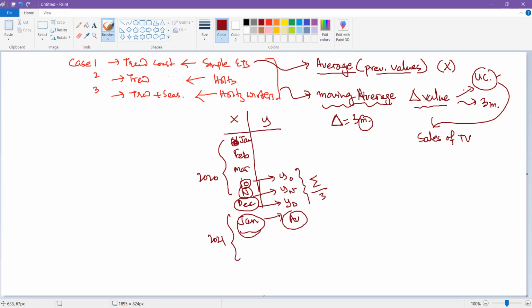This is a good method, but I have assumed here that there is no seasonality. Are you getting my point? This is related to Holt's method, but it is not exactly Holt's method. Holt's method has a different mathematical function, which we are not looking into because we can clearly see there are limitations in the method. Although we do have Python functions to implement them, they are not that useful because, as I have already told you, they are used in many cases for short-term forecasting, and in very few cases for medium-term. So this is the reason why statisticians came up with the idea of taking a moving average.